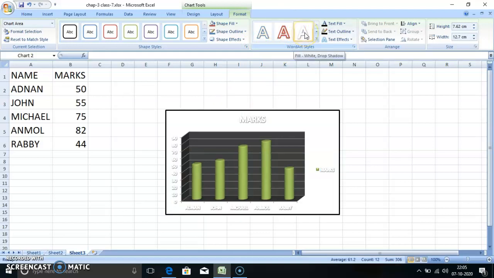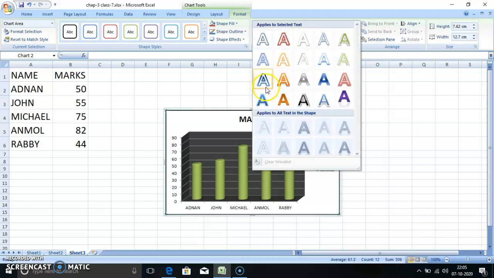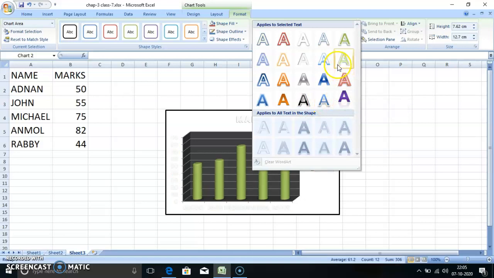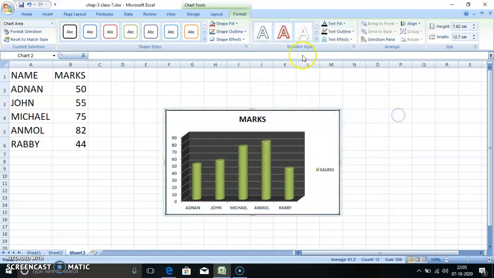Here also you can click on the arrow and you will get more font styles. Whatever you select, it will change here.